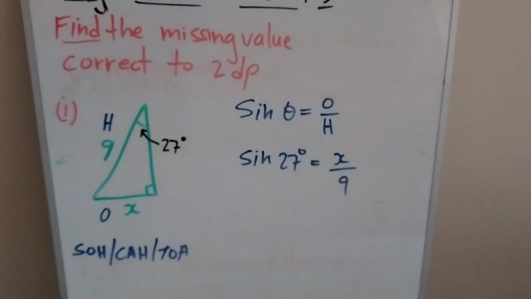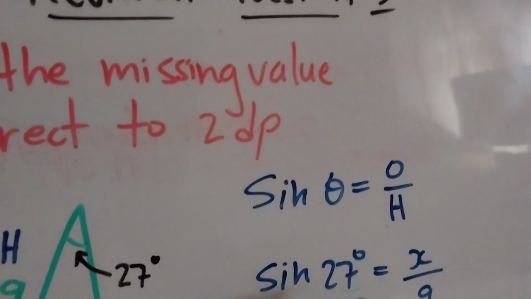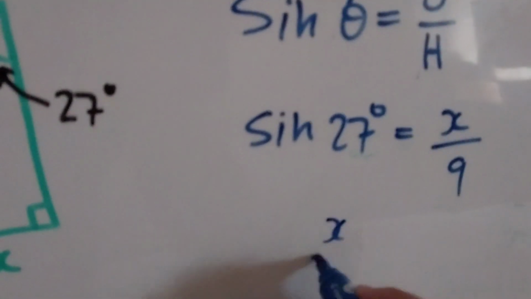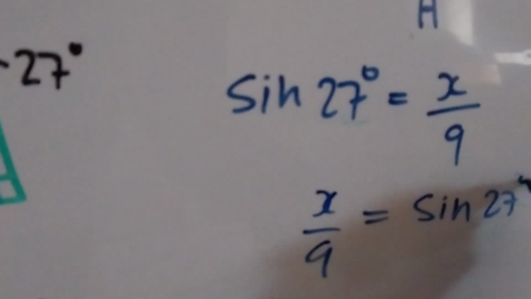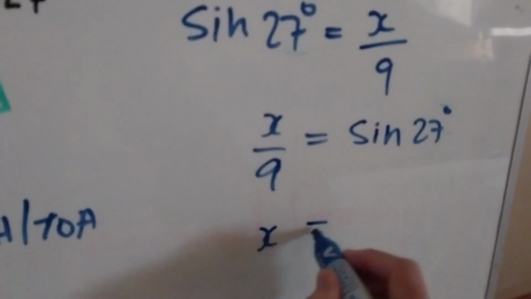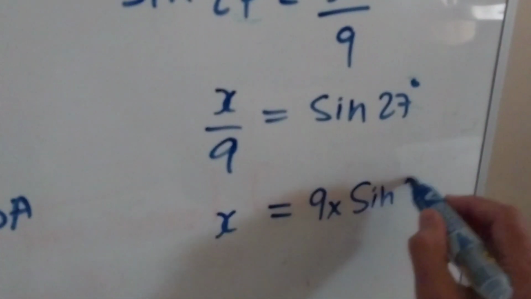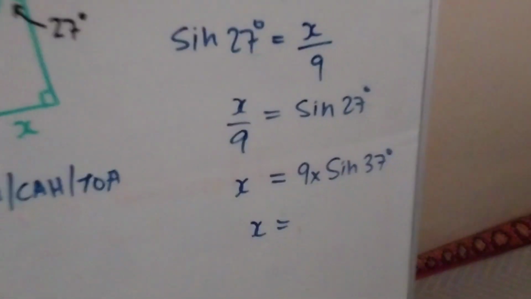We are solving for the value of x. So x would be equal to 9 multiplied by sine of 27. We can swap the right hand side and the left hand side. X over 9 is equal to sine of 27 degrees. So we have to take the 9 over here to the other side. On the left hand side it is dividing, on the right hand side it will multiply. So 9 times sine of 27 degrees. So the value of x will be equal to, with the help of the calculator,